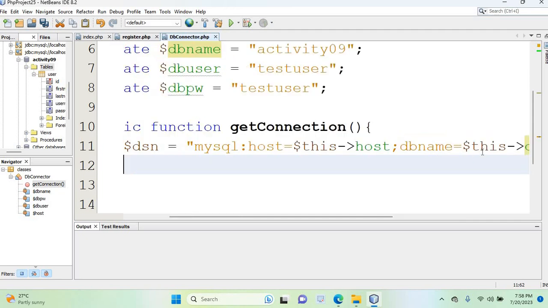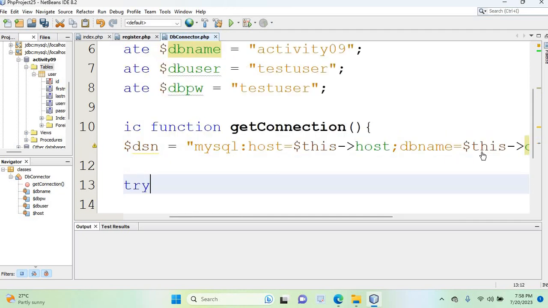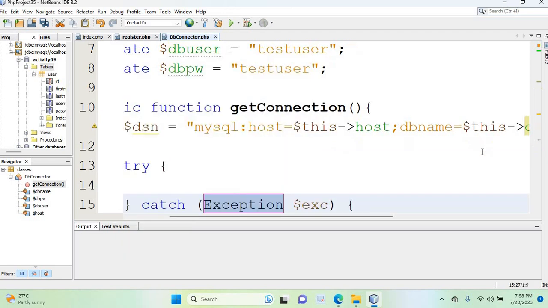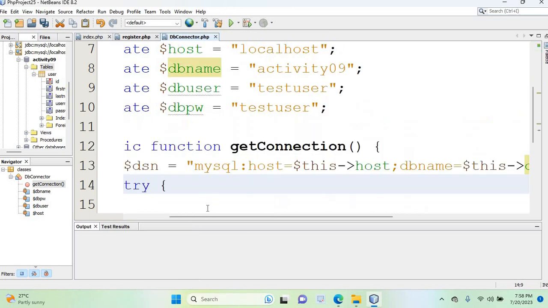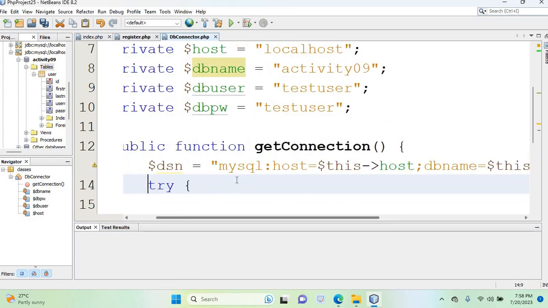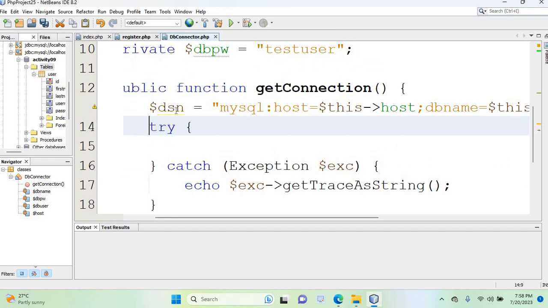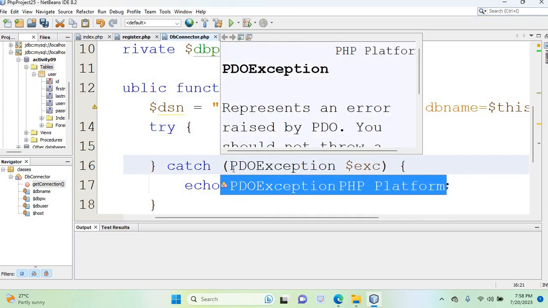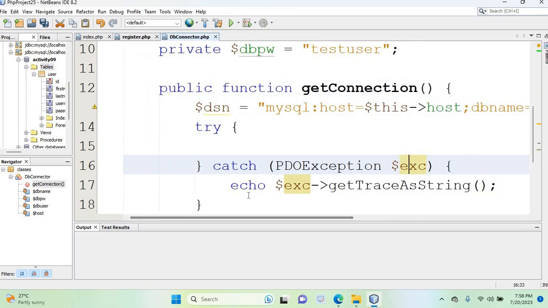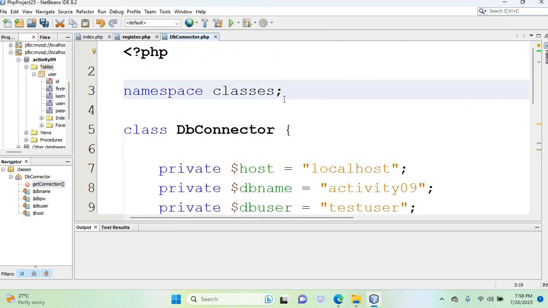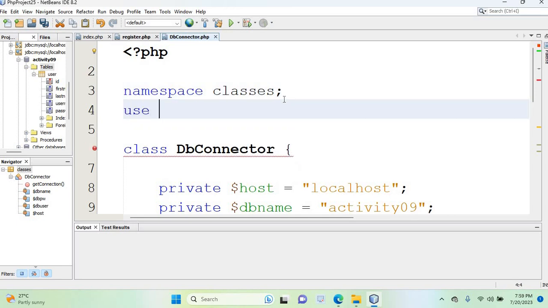Then we are going to use a try catch here, because now we are going to connect our database. When we create a connection with the database, we can get some exceptions, therefore we are going to use a try catch. In the PDO environment we have a specific class called PDO exception, so we are going to use this PDO exception here. Since we are going to use it, first we need to use this PDO exception